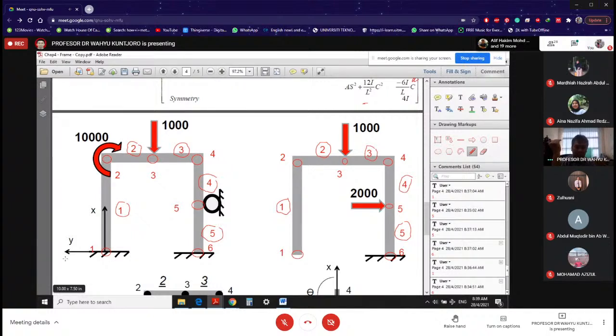Remember that this coordinate axis is important, the direction, for you to later on decide what is going to be your